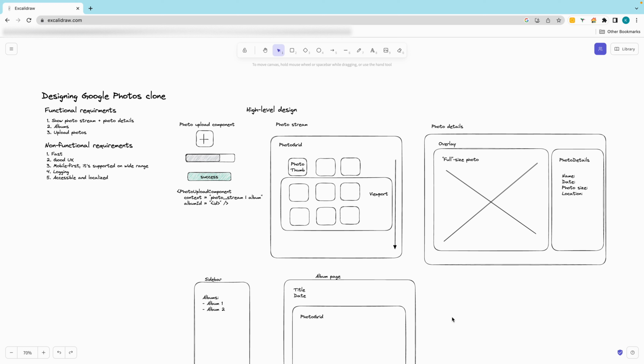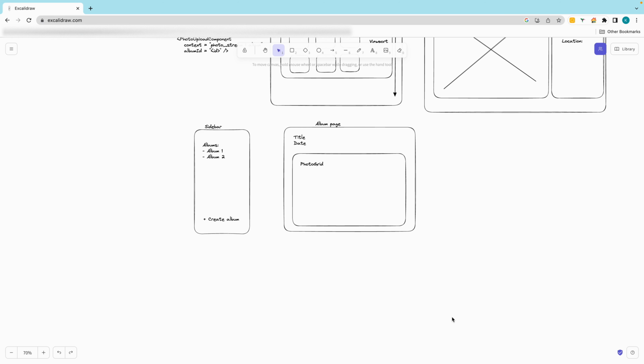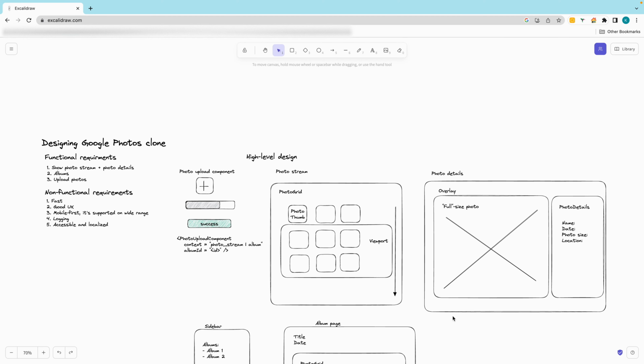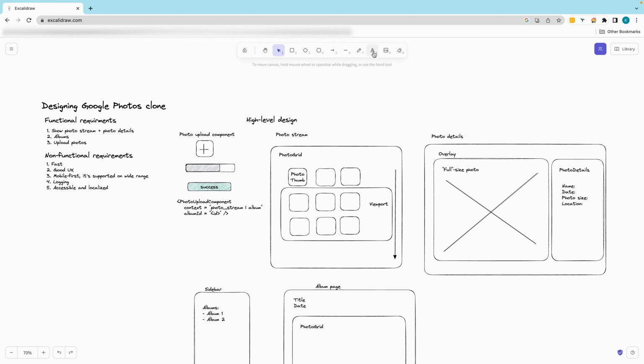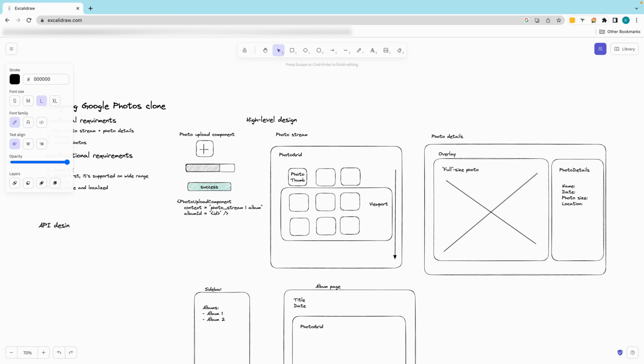So this is more or less how this could look in a high level design. Now let's talk about some API design, that we will have to support all of this functionality. So let me add a new section here. So for the API design,